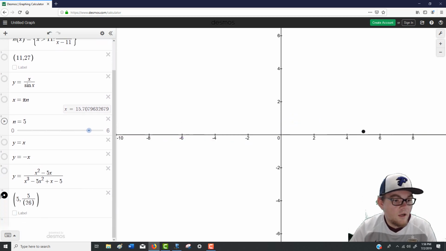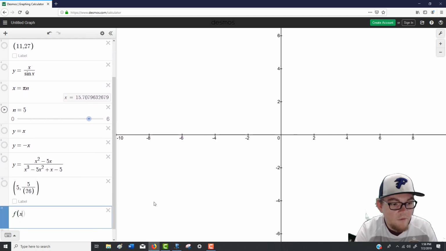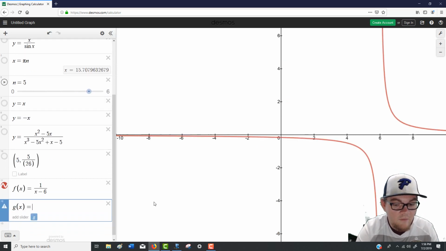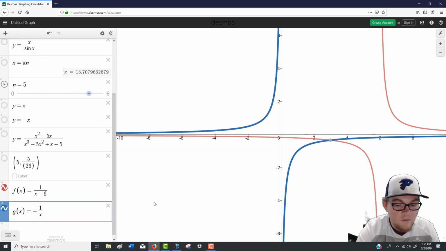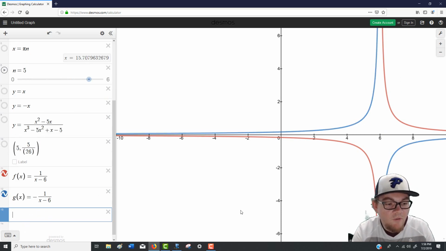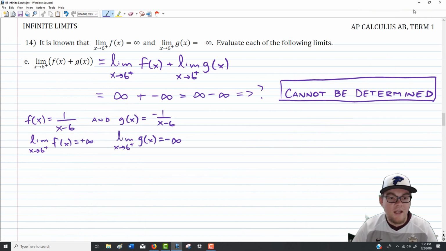Okay, so I wanted to talk about f and g. We have f of x equals 1 over x minus 6, and we have g of x equals negative 1 over x minus 6. Looking at the functions, we're interested in what's happening as x approaches 6 from the right side. On the red one, we're going to positive, blue one, we're going to negative. Now, of course, if we take the limit of these two functions together, if we combine these two,